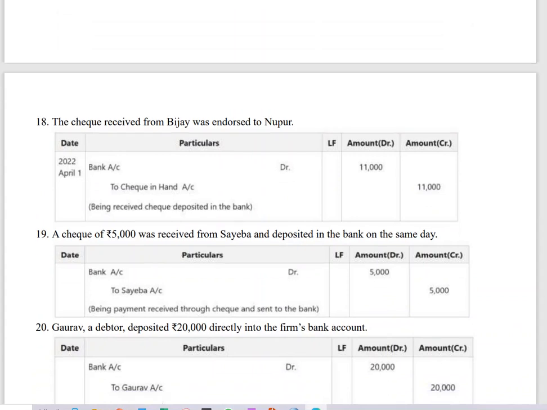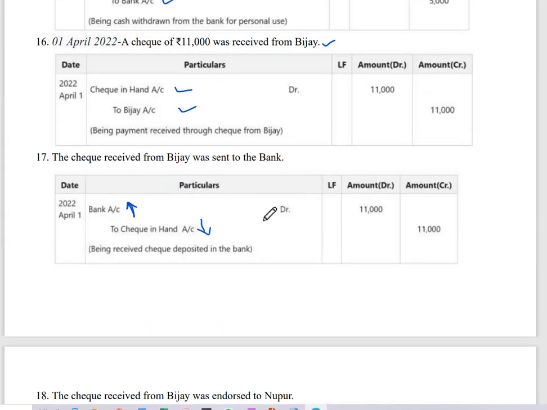Next, the check received from Vijay was endorsed to Nupur. So what is endorsement? Endorsement is the transfer of a check from one person to another person. So instead of sending it to the bank, assume that here we did not